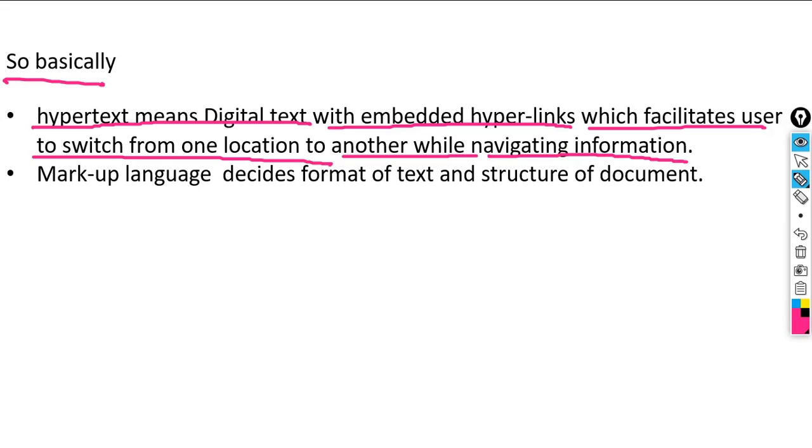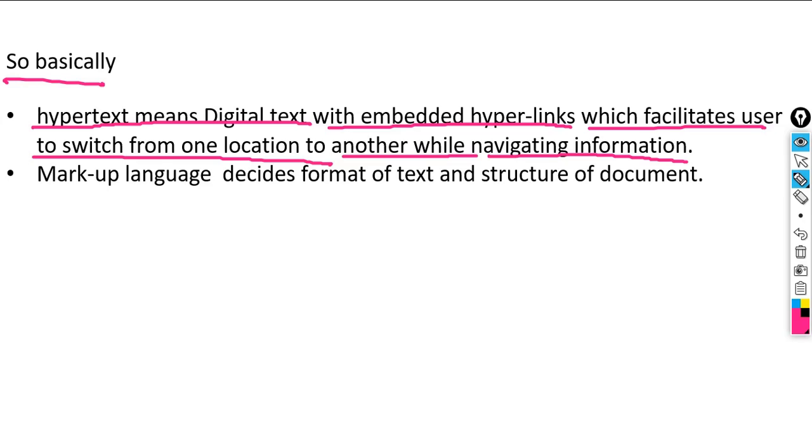Let me repeat once again because this is a very important point. Hypertext is nothing but digital text with embedded links, which helps the user to switch from one location to another location while navigating the information. So this is the clear picture of what is hypertext.